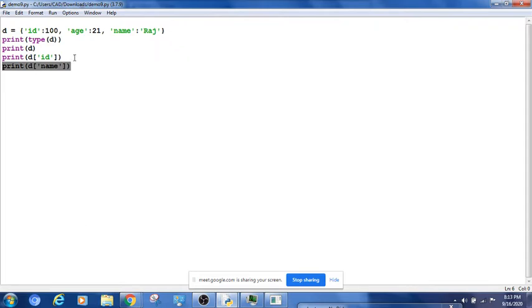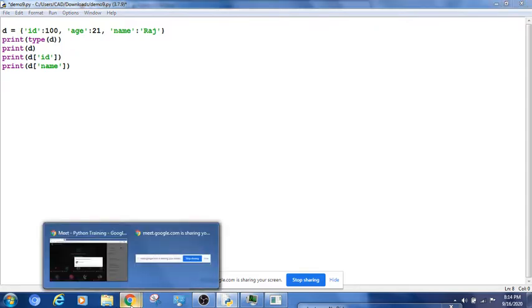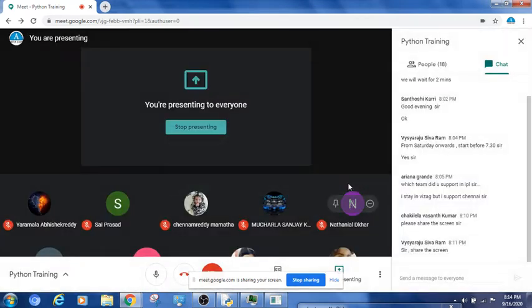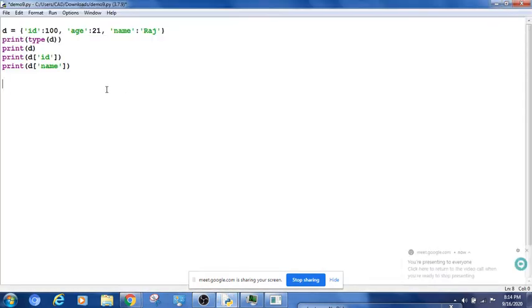using a method called get. When I say method or function, it is one and the same. So the dictionary provides one method called get, which will help us get the value of a particular key, right? Value of a particular key. Let's take an example.